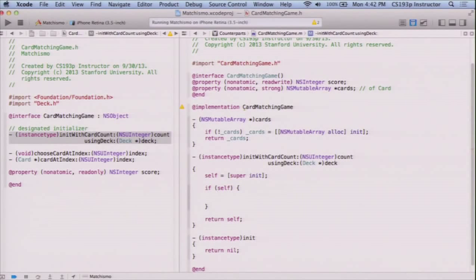Okay, so what do we need to do to initialize our thing here? Well, we need to pull this many cards out of this deck and put it in our internal data structure here, right? So how would we do that? How about for int i equals 0, i is less than count, i plus plus. So that's just me going through this many of these things. I'm going to say card